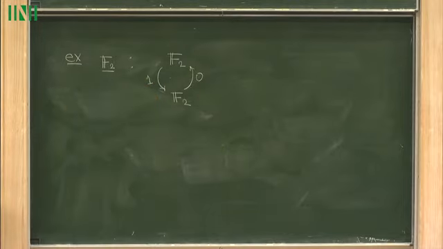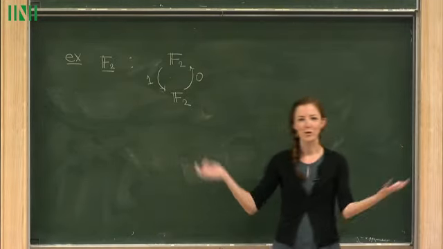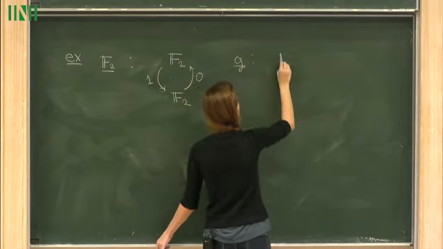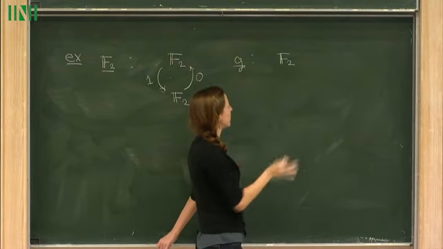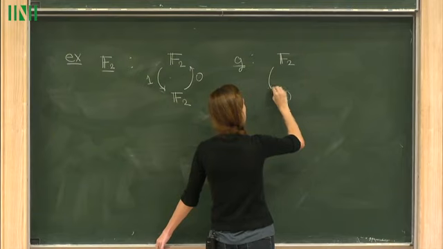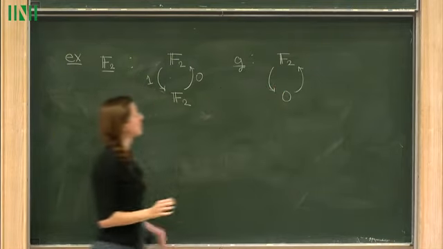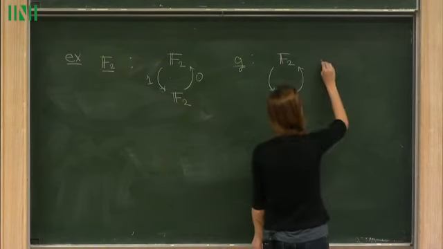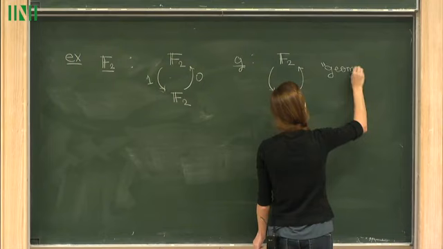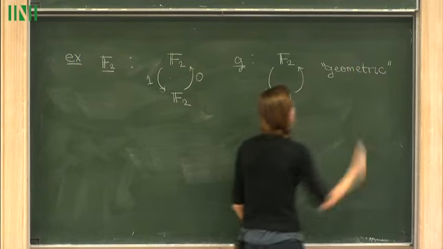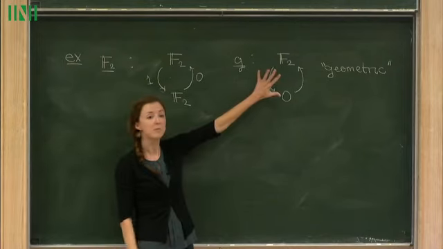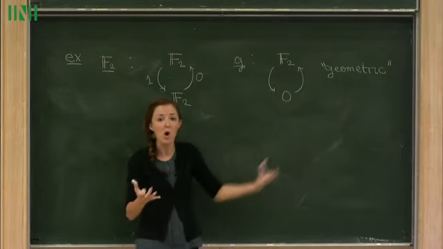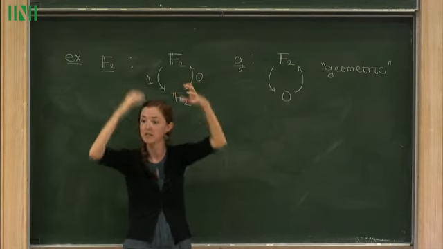And another Mackey functor, there really aren't so many very interesting ones we could talk about, but another one that will show up for us, I'll write little g. And on C2 mod C2, it's F2. And on the underlying part, it's trivial. And the reason that g is chosen is that we would say that this Mackey functor is geometric, in that its corresponding Eilenberg-MacLane spectrum is a geometric spectrum. And it really doesn't see what's happening down below. All of its information is encoded in the fixed points.